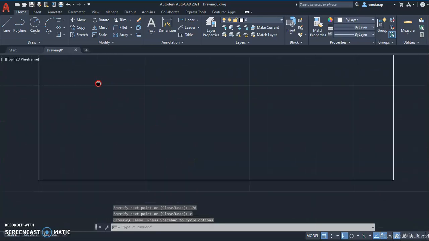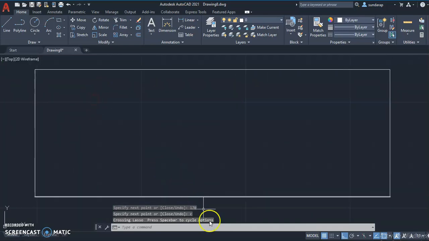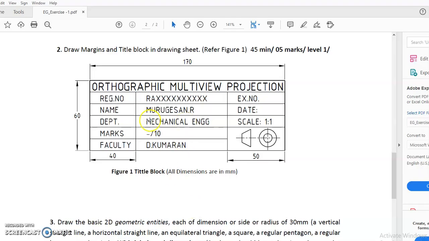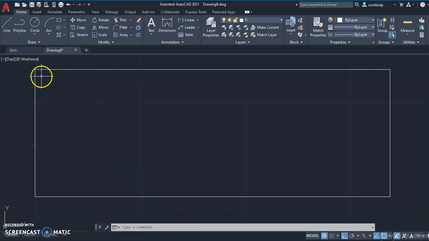Here I am going to divide 6 rows, dividing with 10 mm space. So select the line command, or you can make it quickly. Select offset.